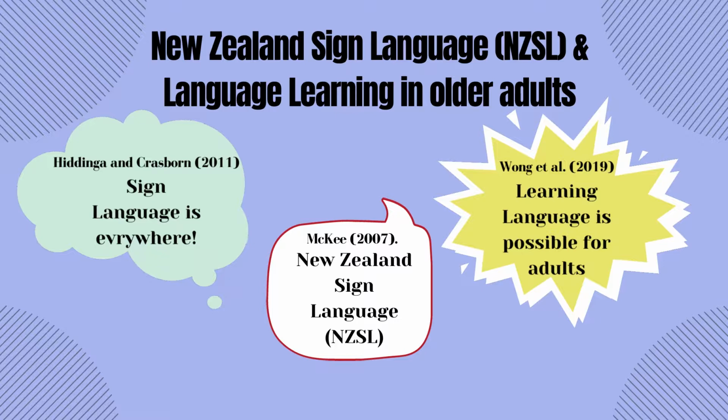Sign language exists everywhere in the world, and it varies from country to country, just the same as any other language and accent. Also, did you know that in New Zealand, this language is called New Zealand Sign Language, aka NZSL, and has become a third official language in New Zealand in 2006? Well, now you have something to talk about at your next family gathering.